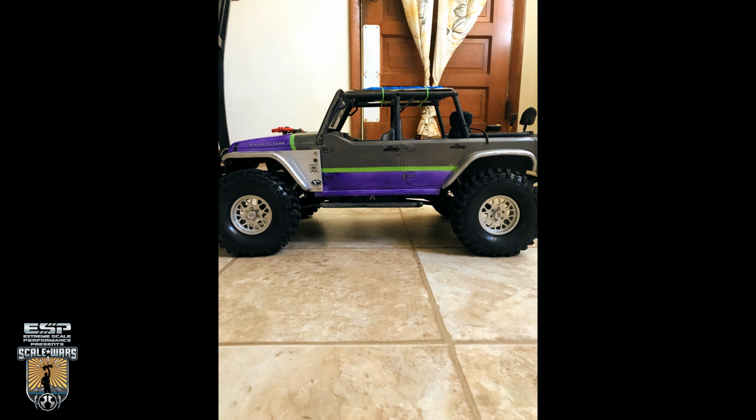Holmes Hobbies 13-turn Expert 540 brushed with the original AE5 ESC, brand new Aunt6 Voodoo KLRs on Incision wheels, Vanquish VVDs, Incision chromoly lockers. Forget the name of the metal hubs, he says, but they're metal hubs and C hubs. He says Savix 1230 SG servo, STRC rear lockouts, STRC stainless rear shafts, axial metal trans gears, sorry, RC four-wheel drive rear steel bumper, RC four-wheel drive front steel bumper, RC four-wheel drive steel fenders, boom